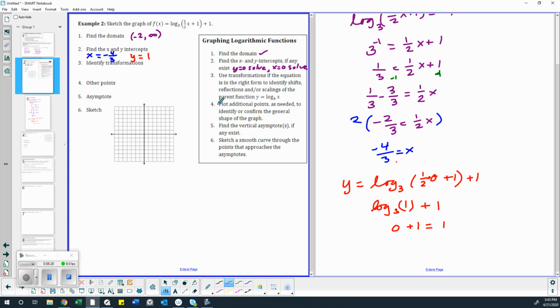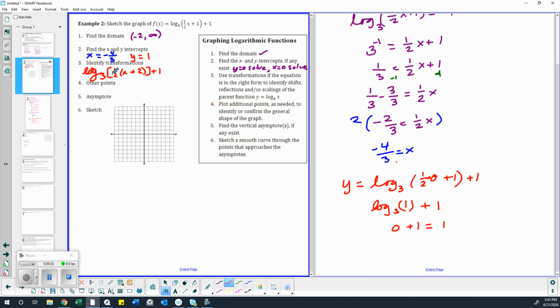All right, next, step 3, we're going to use transformations. I don't know if we've dealt with problems this complicated before, but when we're figuring out our transformations, we can factor out. So we have log base 3, factor out the 1/2. That means if we take 1 and we divide by 1/2, 1 divided by 1/2 is 2. It's a reciprocal. So the reason we do that process and take that 1/2 out like that is because 1/2